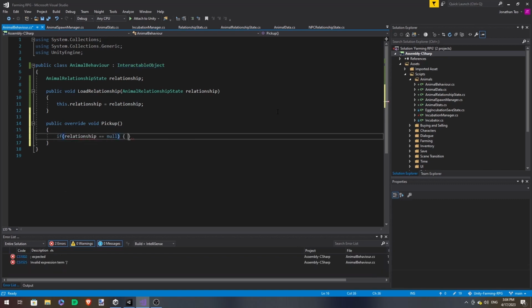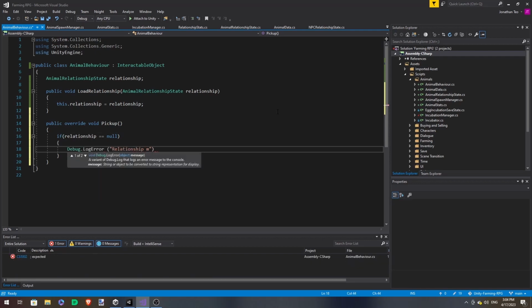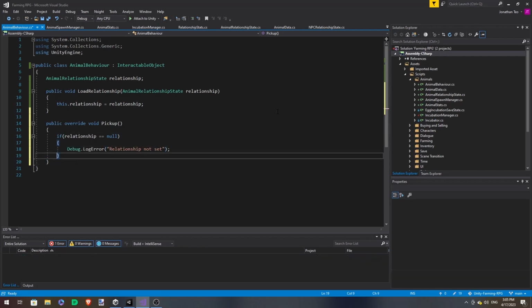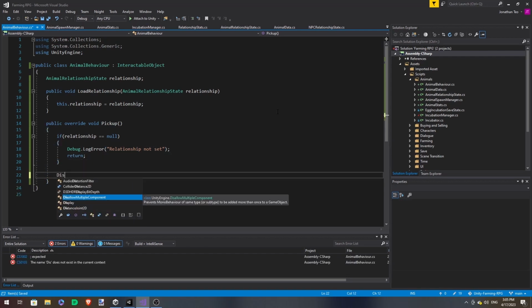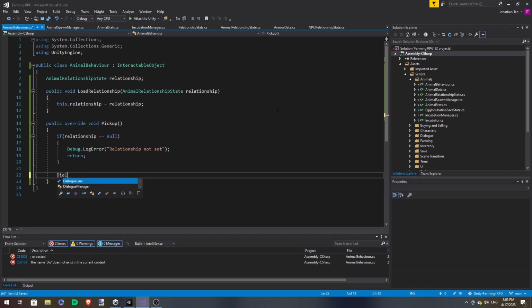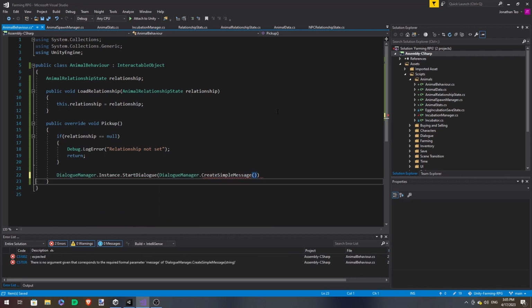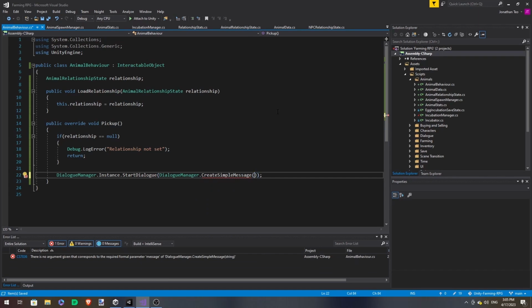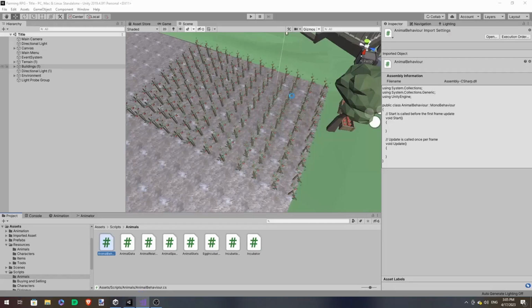Let's check if the relationship is set first. For now, all we're going to do is start a dialogue. We'll just say the animal's name seems happy for now. We'll settle this in another part.